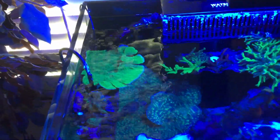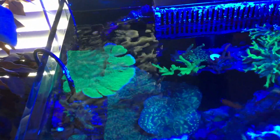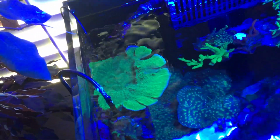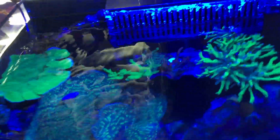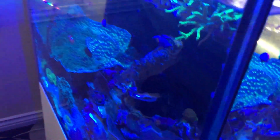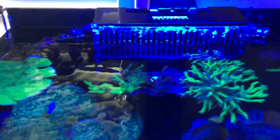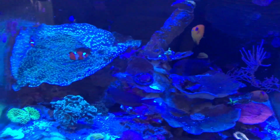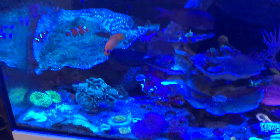And that's my Worldwide Corals money shot chalice, super bright green. And I got some little baby chalice back here. I think I've got to find them. Looks like my damsel threw them out. So I don't know, they're probably somewhere. I'm going to have to recover them. I have a damselfish that likes to rearrange my corals if I don't frag them, if I don't glue them to a